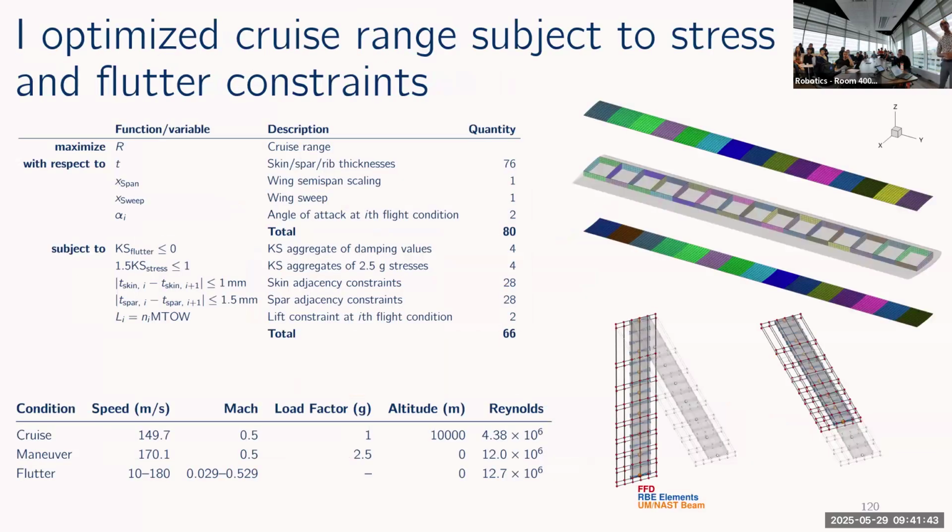All right, so now we can do some flutter constrained optimization. This is a similar but simpler problem to the one I was solving in the last section. So I'm optimizing just the thicknesses of these panels in the wing box, and then the span and sweep of this wing to maximize its cruise range. And then I have constraints again on stresses in a maneuver condition, and then on flutter stability over this range